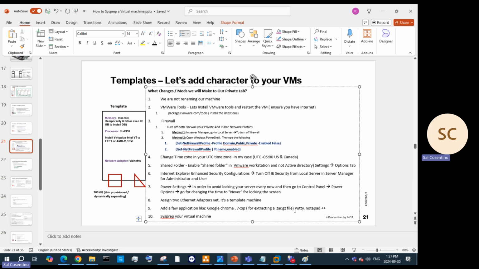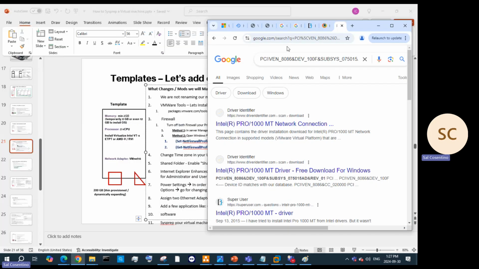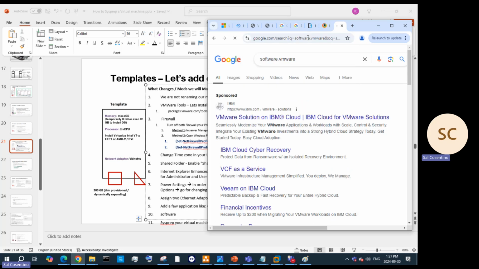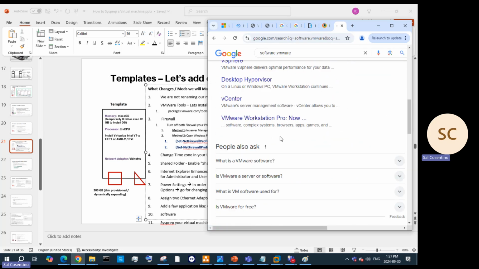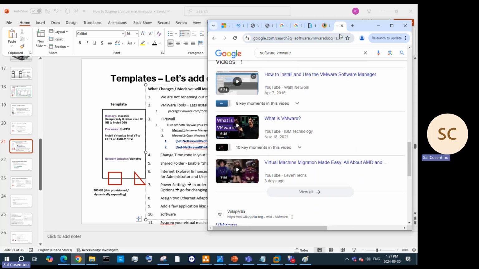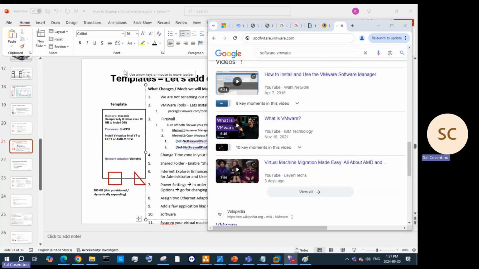in our Broadcom website, it does give us a tar file. I think there's a site for that. I think it's called software, if I'm not mistaken. I'll have to look into it again. Here, let me see if I can find it. So software dot VMware, something like that. I don't have the site off the top of my head, but if you type in software dot VMware dot com,